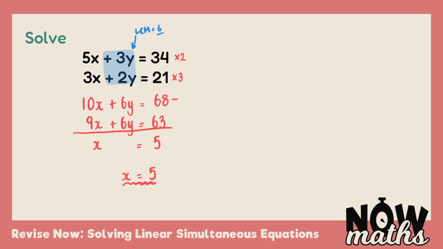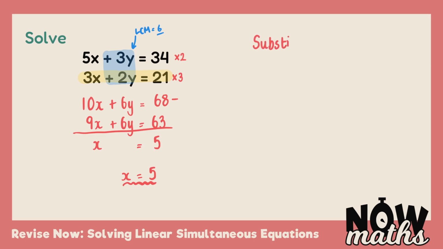Now we have our x value, we need to use this x value to find the correct value of y. And to do this, we have to substitute this value into one of the 2 equations that we started with. Usually, I would recommend substituting into the equation with the smallest numbers or the most positive numbers. In this case, the second equation is all positive and it has slightly smaller numbers. So we're going to write that we will substitute